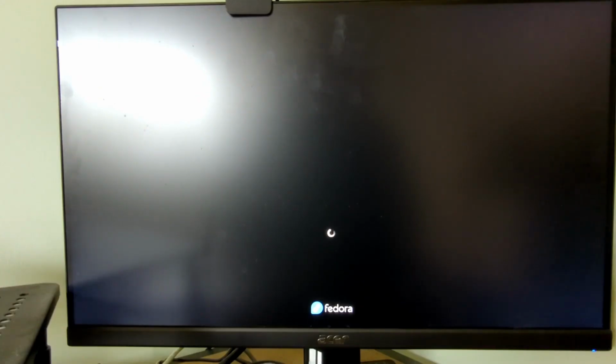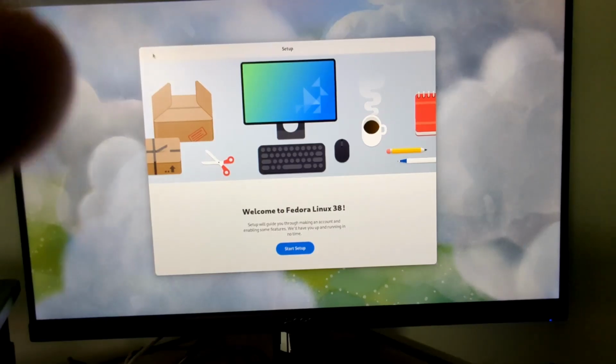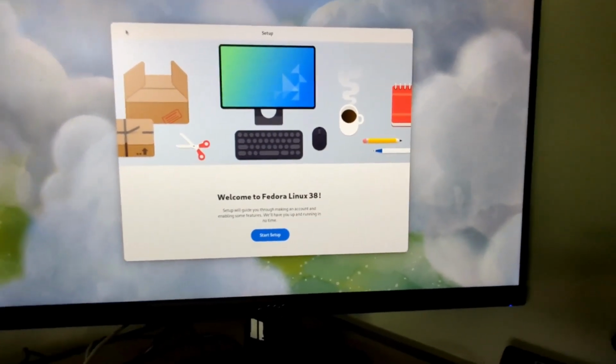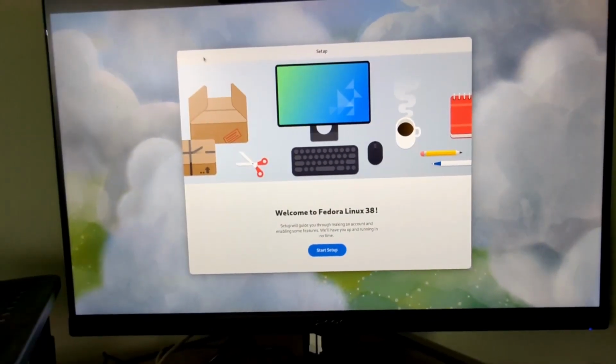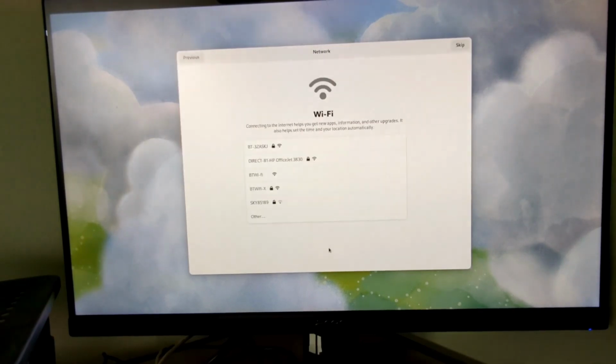And you can see the Fedora logo is loaded in the bottom. So here we are, we're in Fedora, and we're at the setup. All we have to do is click Start Setup. You can choose whether to connect to the internet or not. I'm connected to a wired internet, so I don't need to do this, but you just choose your Wi-Fi connection